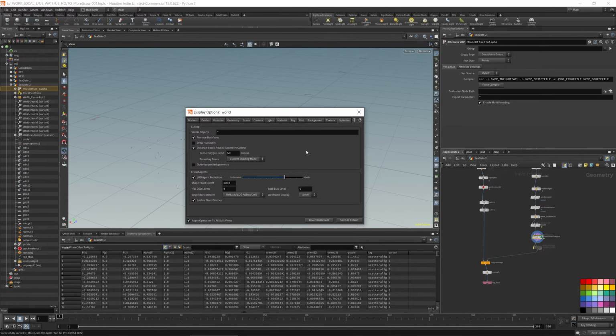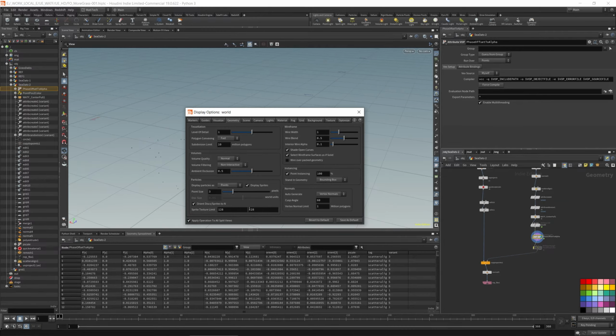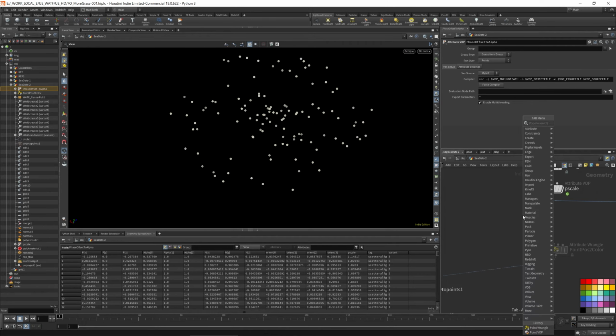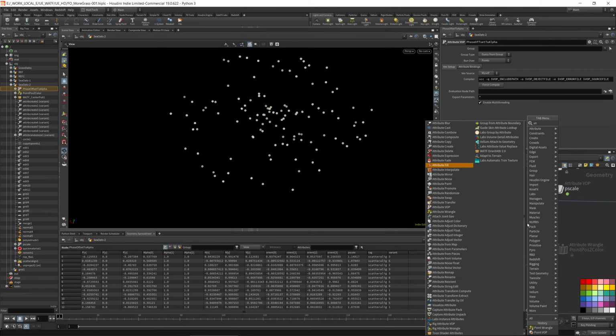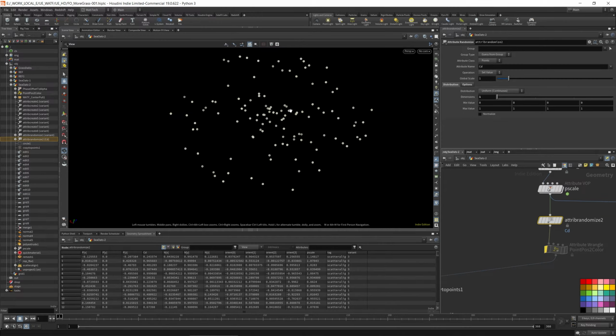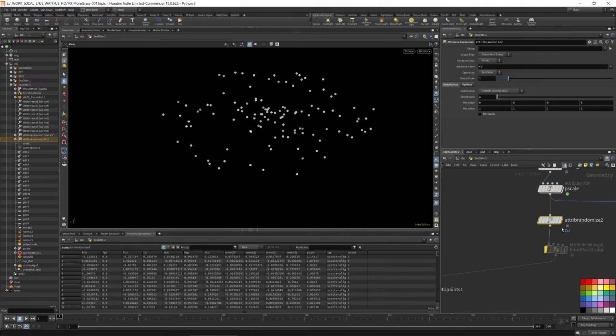So let's make some bigger points, point size, and also I'll get the dark background. And for this I will use a point swap. You could use an attribute randomize, so let's do that now because it's a lot simpler. So attribute randomize, you can do color. If you do, I think one dimension would be black and white. Yeah,